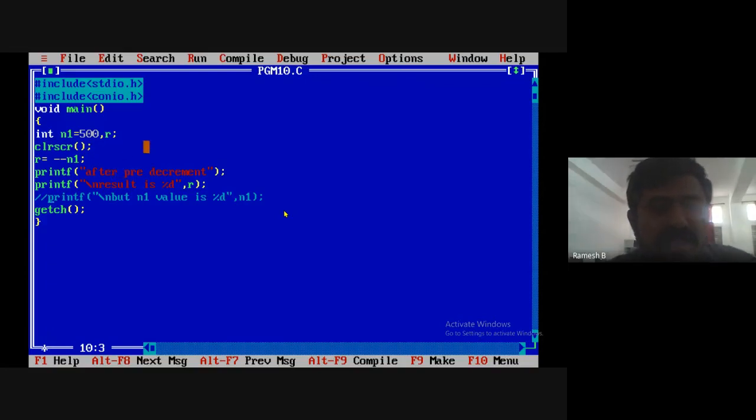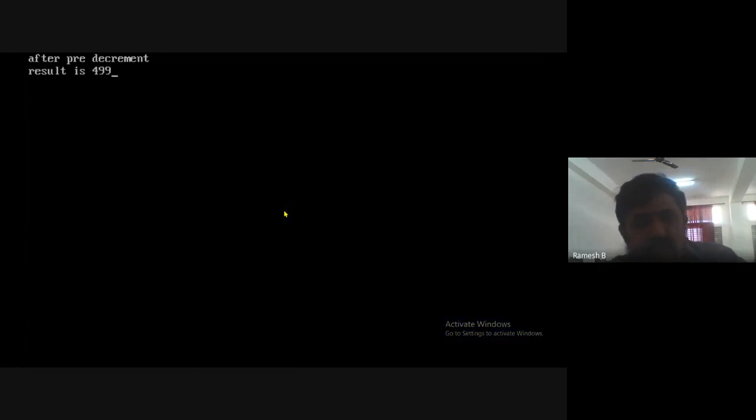Now 500 is decremented and assigned to R. 500 becomes 499, and 499 is assigned to R. So you'll get the message: after pre-decrement result is 499.